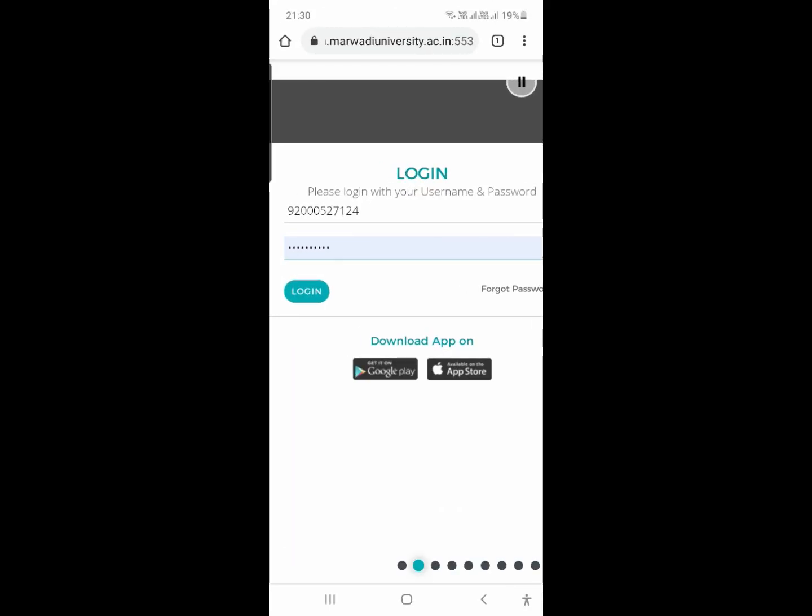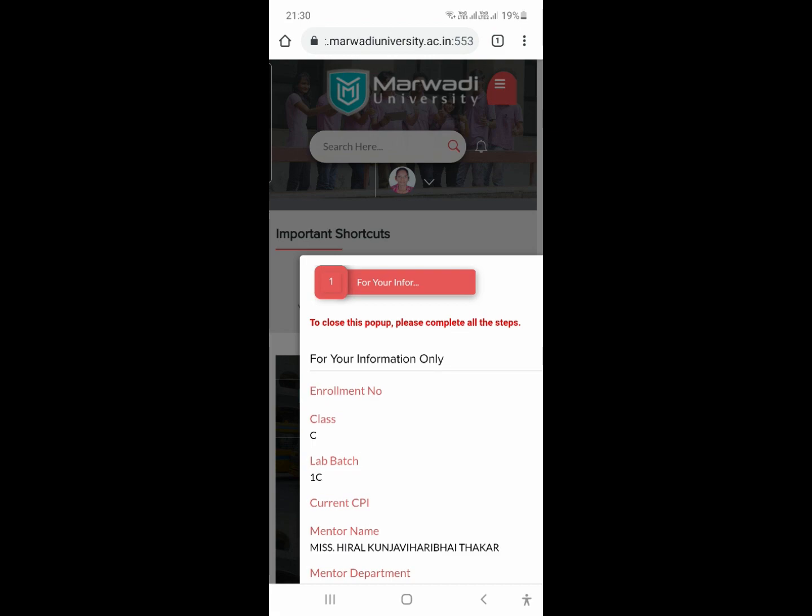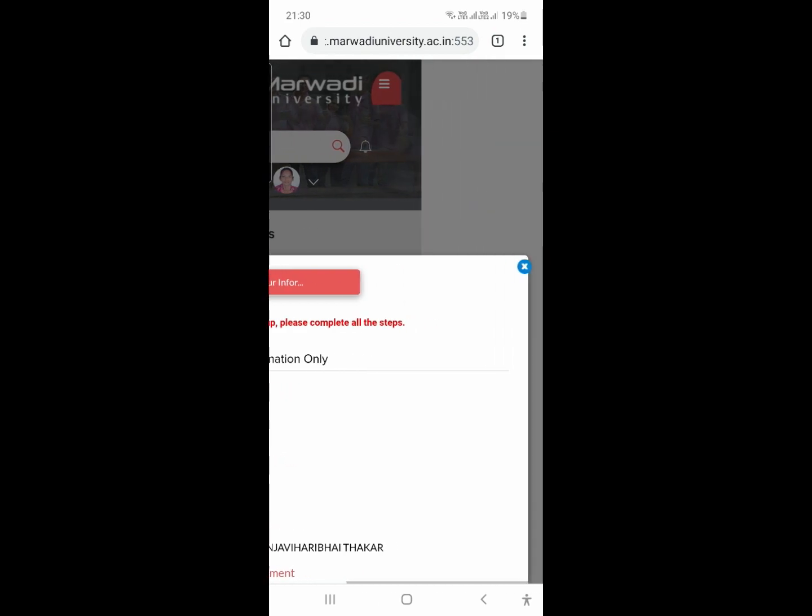You open it, and you need to log into Marwadi's login page, wherein you need to add your credentials, that is your username and password. When you click on login, this website will take you to your dashboard. This is your dashboard.